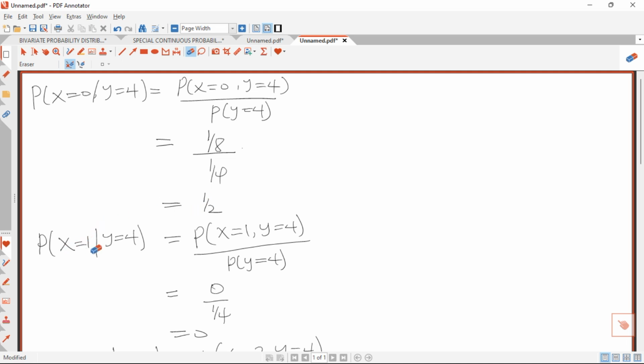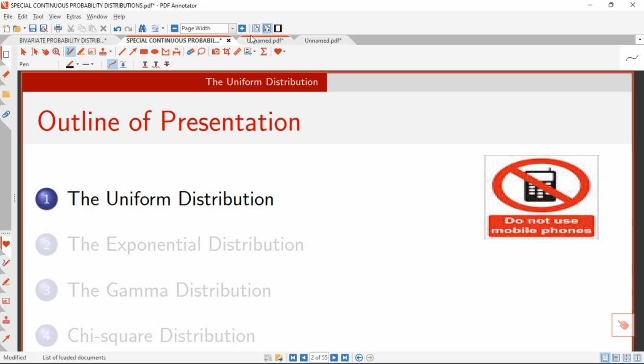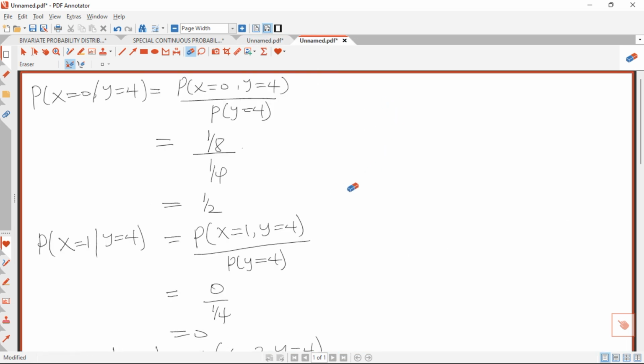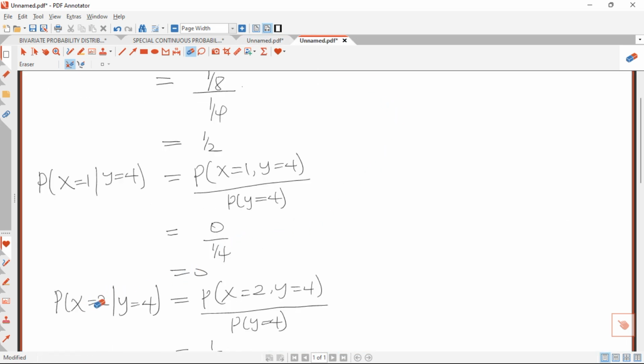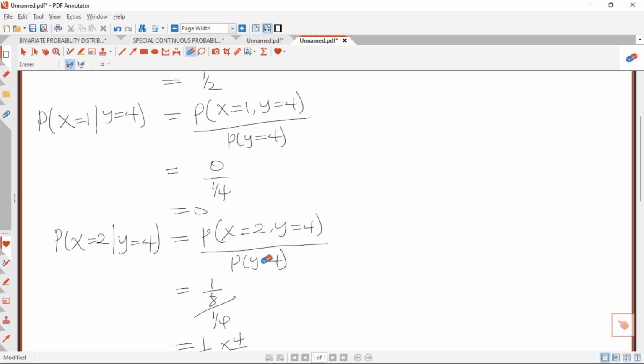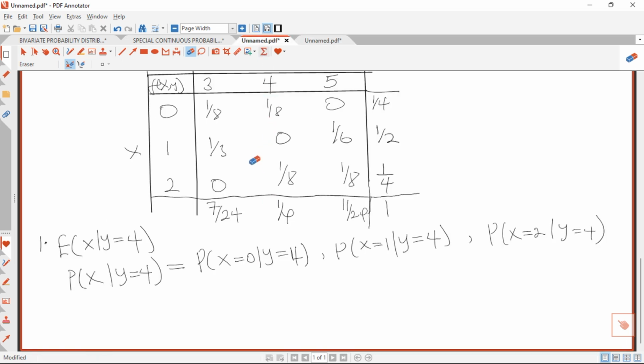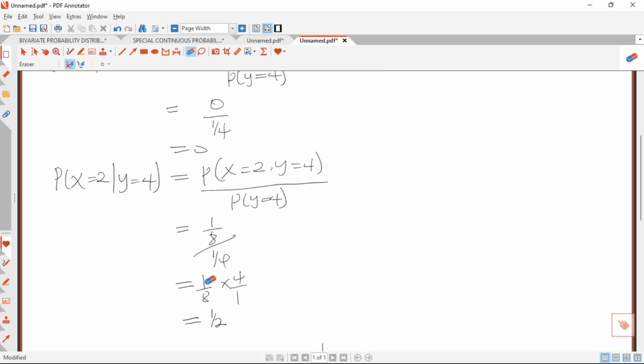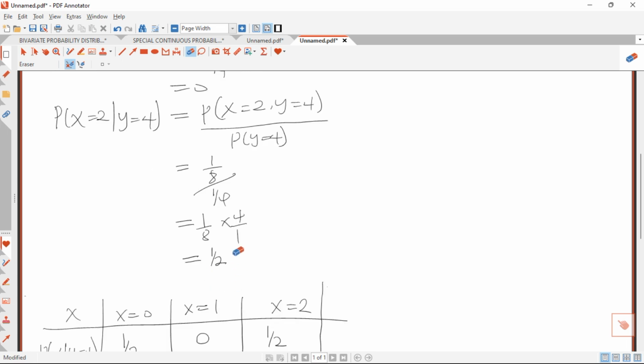So what if our x is equal to 1 and y is equal to 4? We are going to get the probability that x is equal to 1, comma y is equal to 4, right? And when we come to the slides, x is equal to 1, y is equal to 4, we are getting 0. So everything will run to 0. And then for x is equal to 2, y is equal to 4, we are getting the probability that x is equal to 2, comma y is equal to 4, divided by the probability that y is equal to 4. When we come here, we are getting the probability that x is equal to 2 and y is equal to 4 to be 1 over 8. That is 1 over 8 divided by 1 over 4, where we are getting 1 over 8 times 4 over 1, of which our result here will be